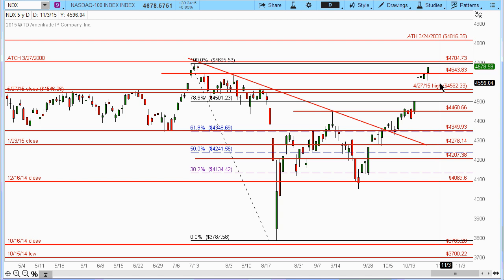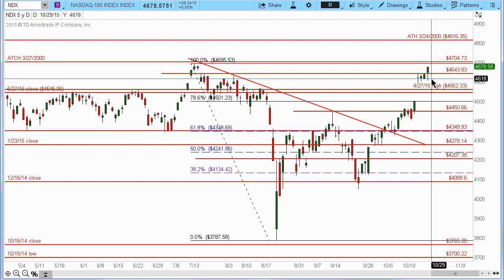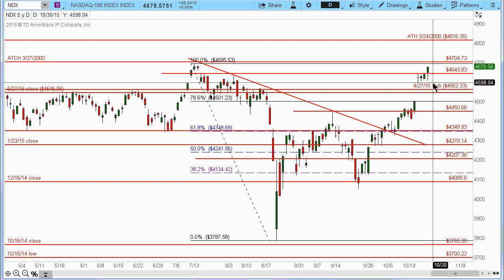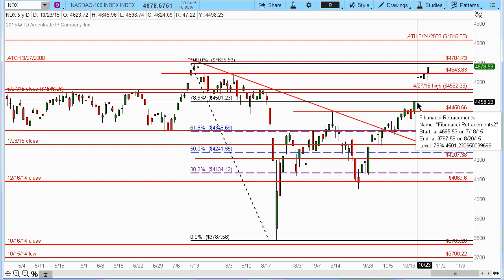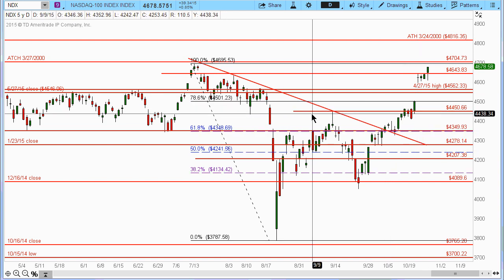So now, will the other indexes make another new all-time high? Well, that's to be determined. It's all determined by the sentiment and where we are in terms of the business cycle and the market cycle. It could be that, because if you go back and look at year 2000, you can see the S&P 500 and the Dow Jones had already topped out and were on the skid coming down, while the NASDAQ 100 was still climbing